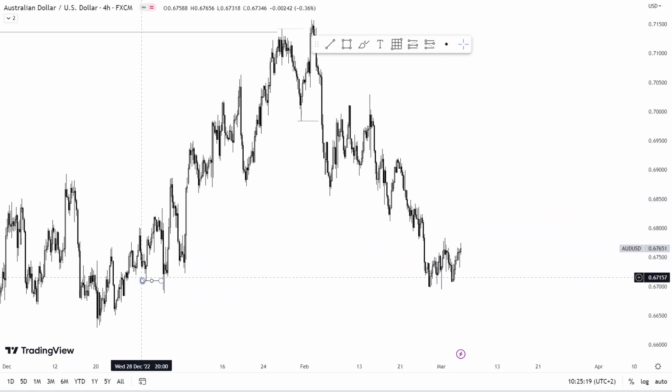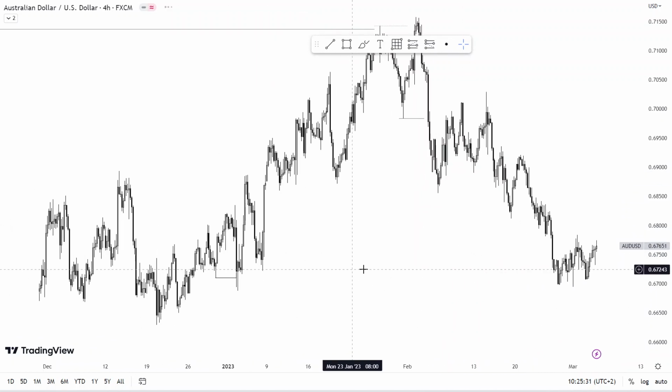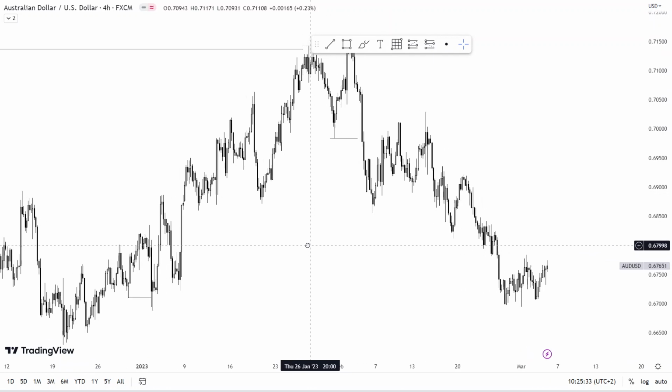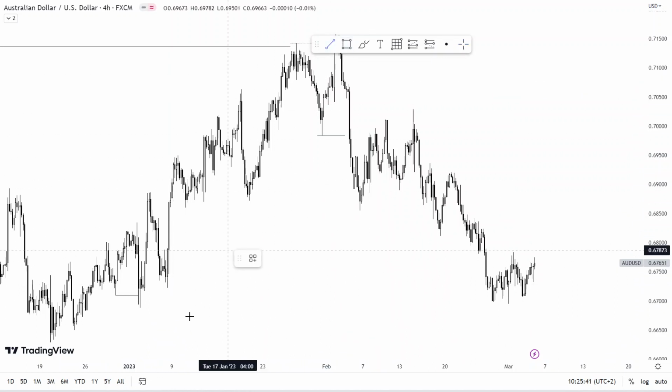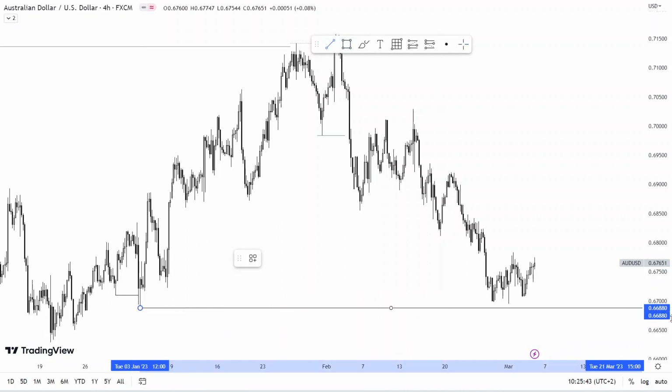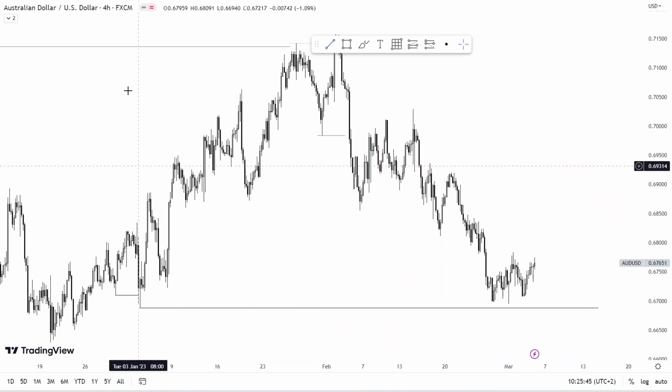And also with DXY, we're looking for potential shorts on DXY, meaning that foreign currencies would want to see a higher move, right? So on AUDUSD, I saw this low, stop hunt, break of structure, retracement, a bullish move, right? So this low was a bit significant to me. I didn't want to see it being broken,